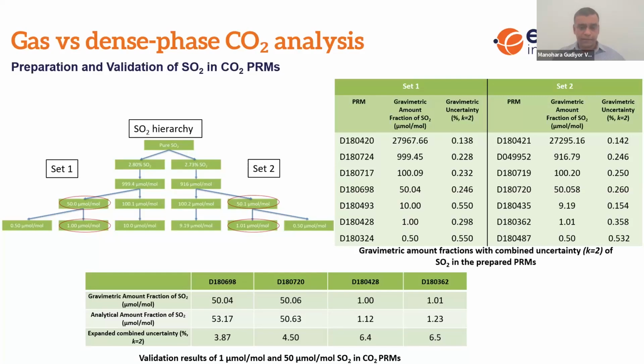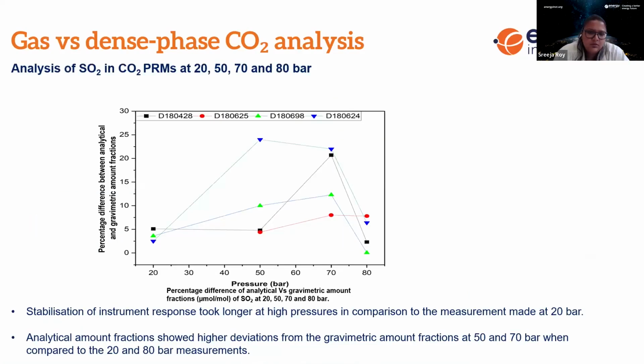If you go to the next slide, there are two significant observations that we made. The first one is the stabilization of the signal. The signal took a lot of time to stabilize, because we spent a lot of time to get consistent results. For repetitions, we need a minimum quality within our NPR, how many repeats you need to do. To get those stabilized repeats, it took a lot of time for us, even at 20 degrees, 20 bars.